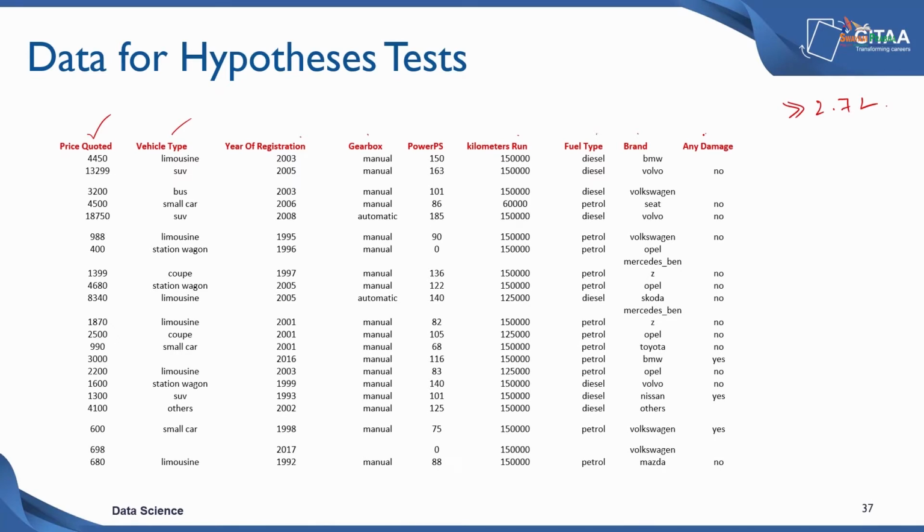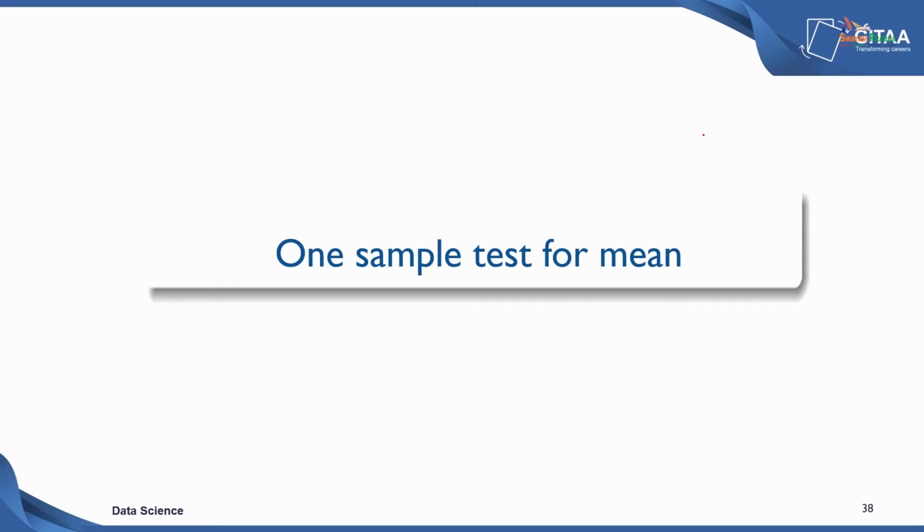So for the purpose of conducting these tests and illustrating the power of these tests, I am going to use samples from this data. I am going to use samples of 1000 or 500, depending upon the kind of problem that we are tackling. This is going to be considered as a population from which we have drawn. So we have used random sampling to get the data and then conduct the tests. So let's begin with a one sample test for mean.